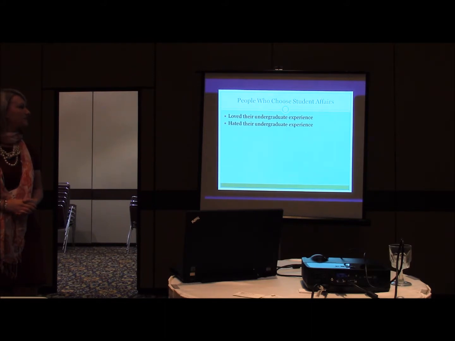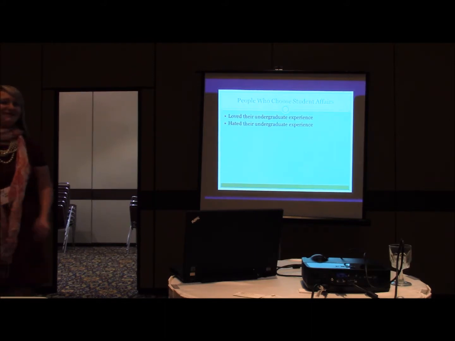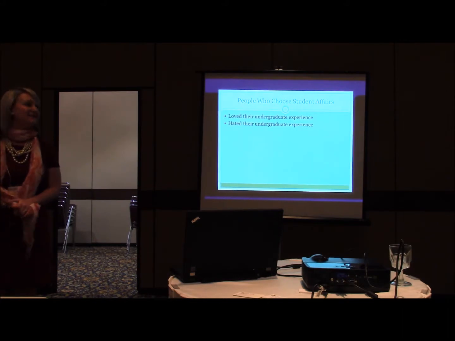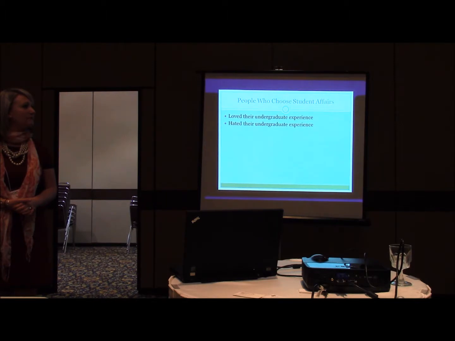I didn't. I was the person that chose student affairs because I actually loved my undergraduate experience, but I became an RA because I really, really, really did not like my RA. So I had 2 RAs. I didn't think either one of them did a good job. I thought everybody else in the hall was either too strict on policies or didn't care. And anytime they made a mistake, I was the first person to point it out. So I became an RA because I thought I could do it better.